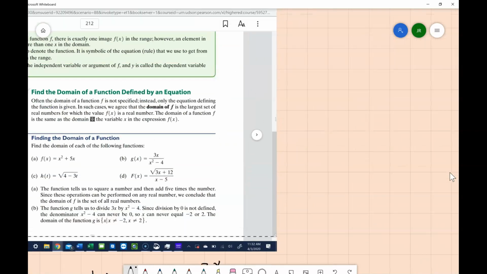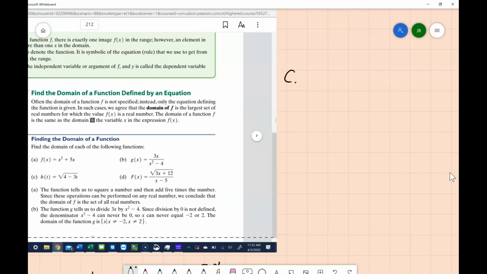All right, part C. H of t equals the square root of 4 minus 3t. What can make a square root weird? What can make a square root be not real, not a real regular old real number? Well, a negative under the square root would do that, right? Because then you're going to get an imaginary number. So you say that the domain of this function